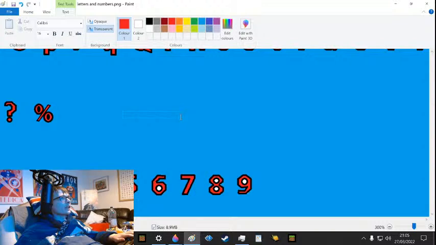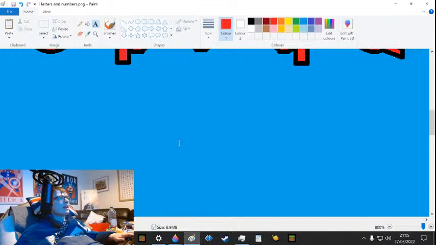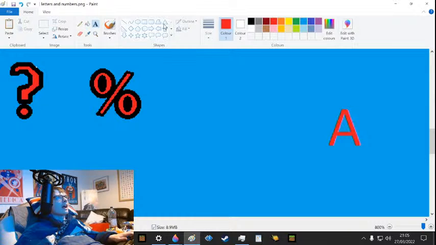Oh wait, is it because this is way too... Yes, there we go. It's because that's way too small. Anyway, so I got the letter, and then I basically just got the line tool, changed it to black,